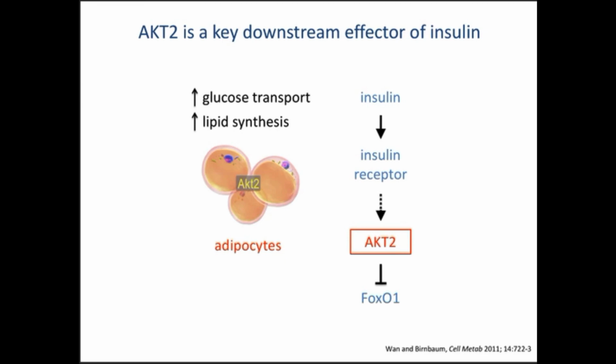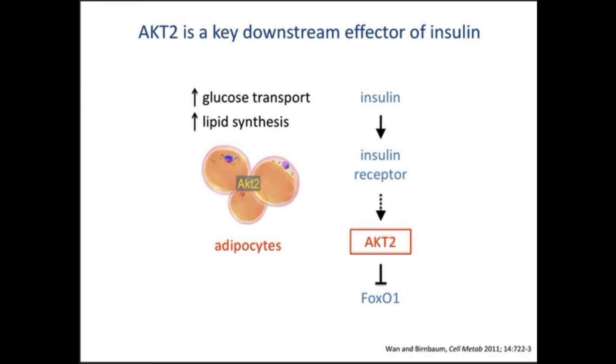So that's a very simplified way to look at it, but it highlights how critical this one player, AKT2, is. And what happens when a fat cell sees insulin is you increase glucose transport. This makes sense. You've just eaten. You've gotten an insulin bolus. You've got a bunch of glucose in your blood. You're going to increase the amount of glucose fat cells take up, and then they turn that glucose into lipids. They'll also take up lipids that you've eaten, dietary lipids, and store those. So they're essentially the reserve gas tank for fuel. And the problem is most of us are consuming more fuel than we're burning, so you fill the tank up and keep filling it.